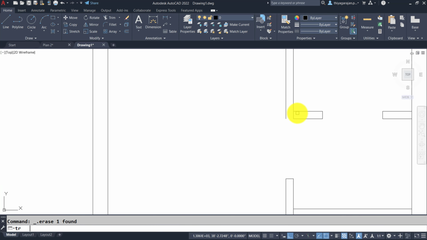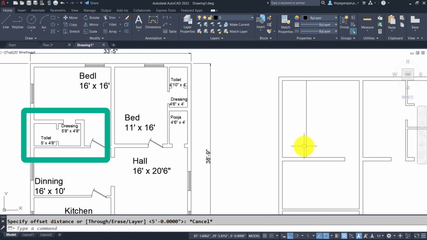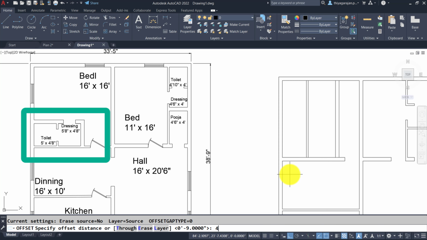Next offset 5 feet, offset 4.5 inches, next offset 5 feet 8 inches, then a 9 inch wall, offset 4 feet 8 inches, offset 9 inch wall.